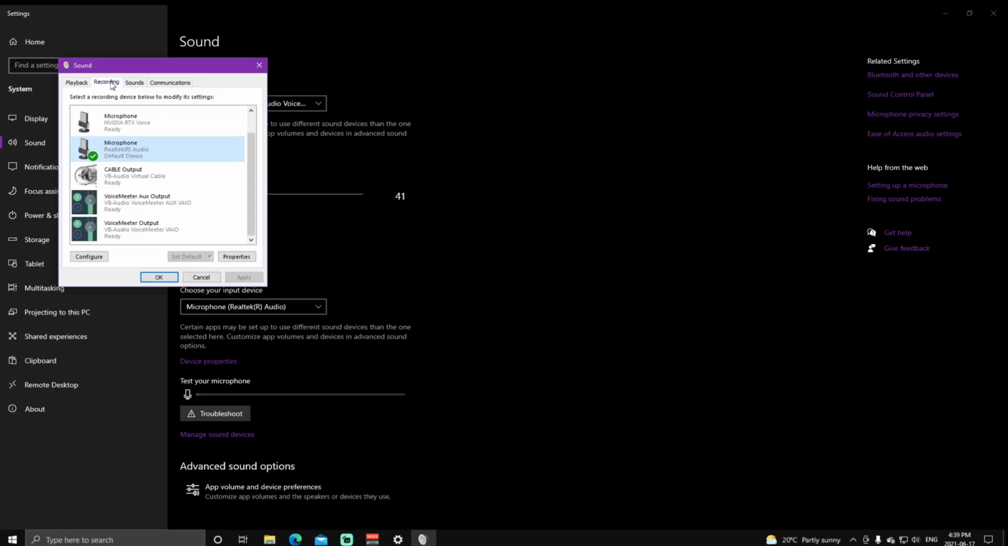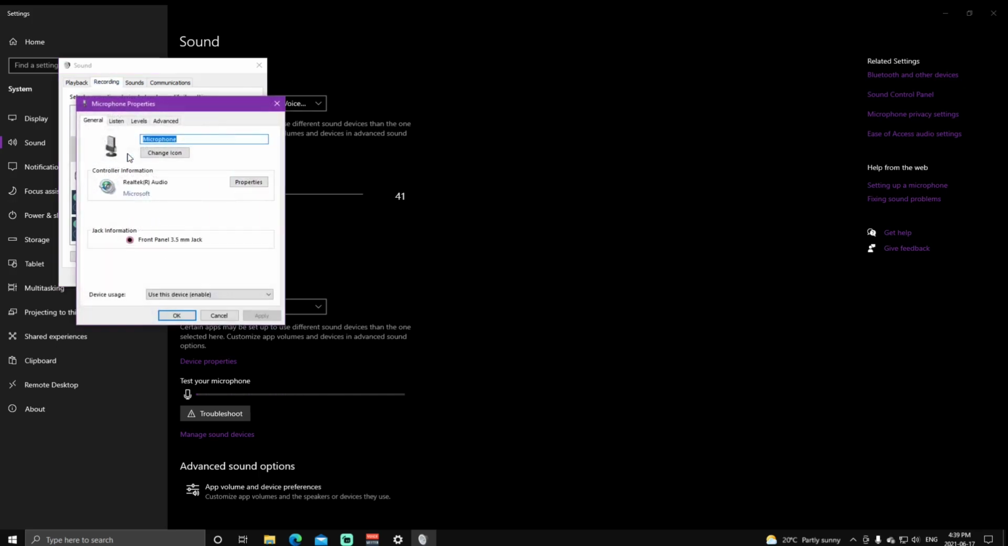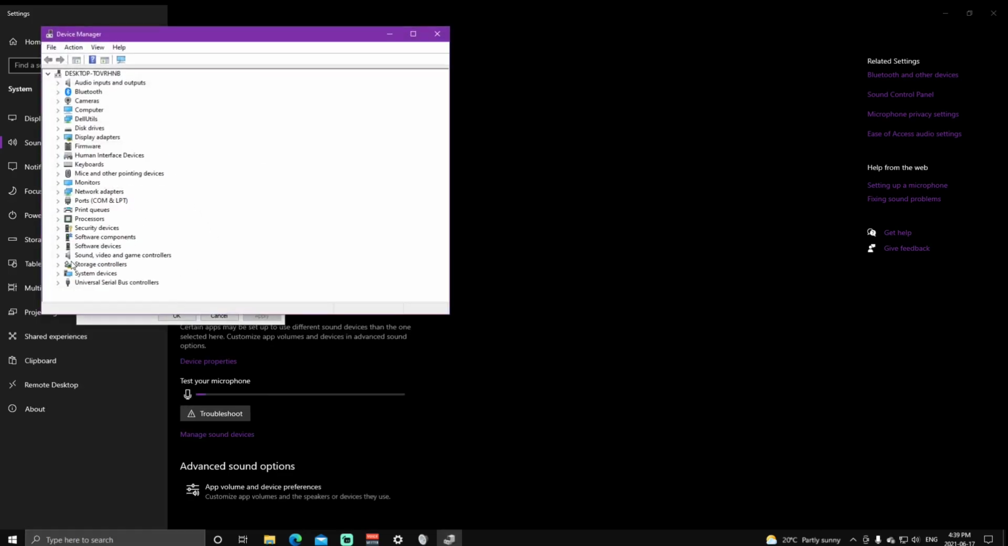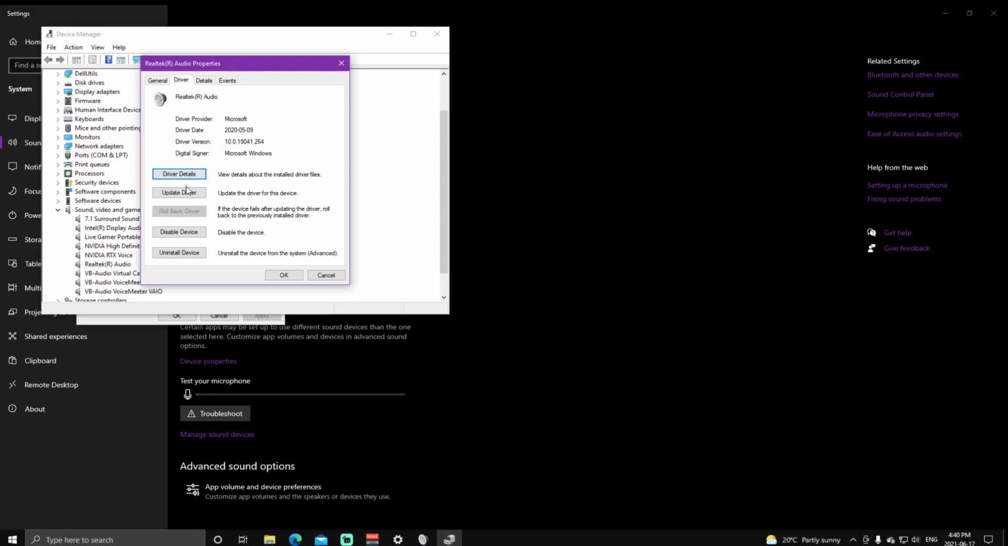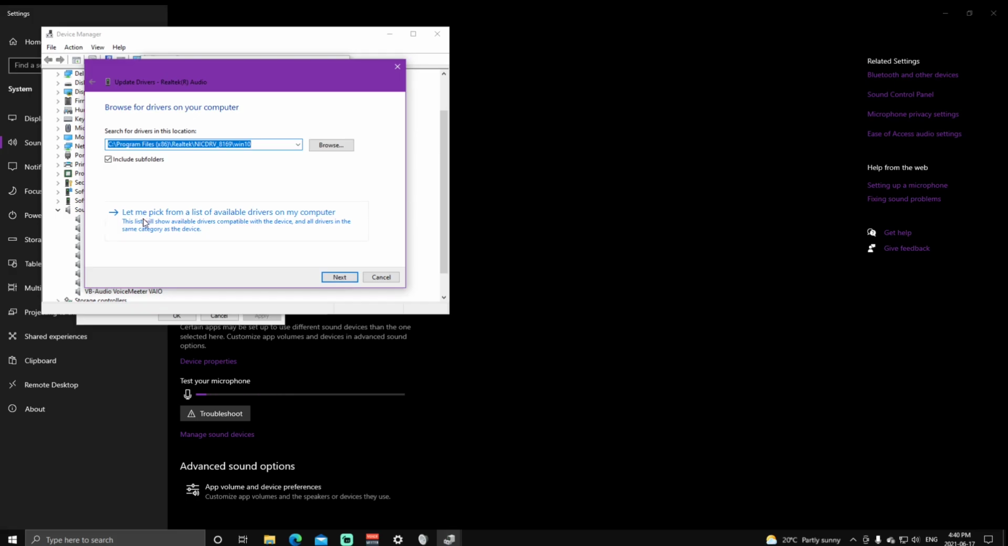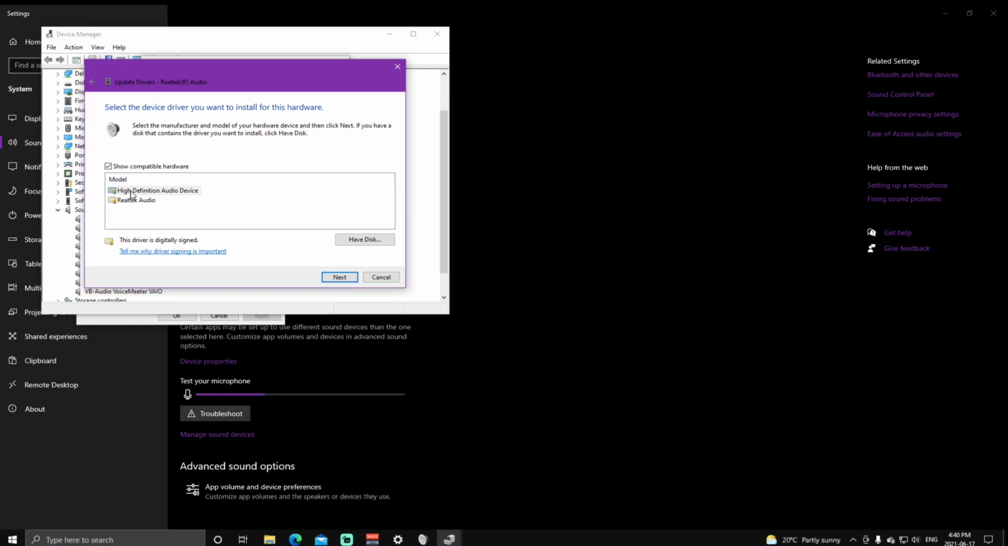So yeah, I'm going to select my microphone and go to levels. And for some reason, if you don't have microphone boost, just simply go to device manager again, go to sound, video, and game controllers, and select your speaker and go to drivers, click on update drivers, click on browse my computer for drivers, click on let me pick from a list of available drivers on my computer, and select high definition audio device. Do not select Realtek audio,